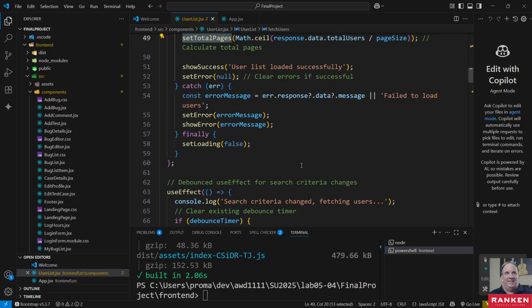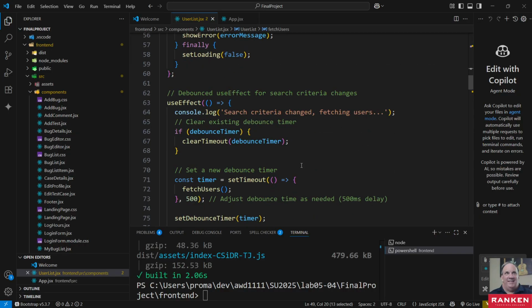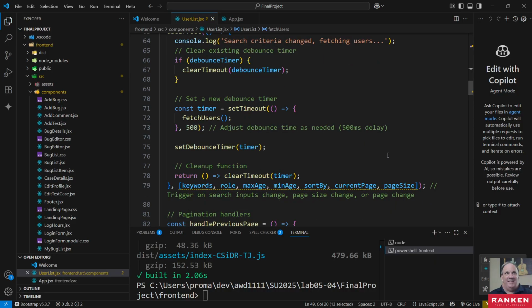All right. Now, the important part of the search criteria is this. We're doing a useEffect, right? And useEffect is going to be read when the component is mounted, when it's called the first time. It's going to go ahead and run that useEffect, right? But to control when it runs after that,